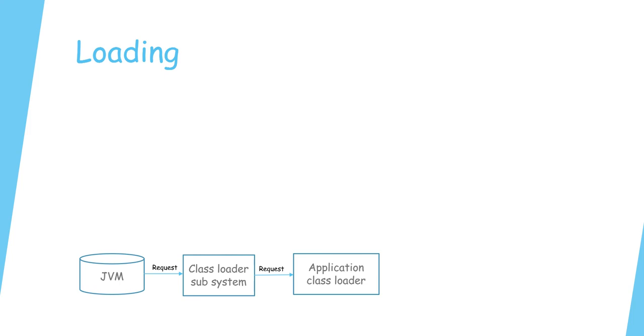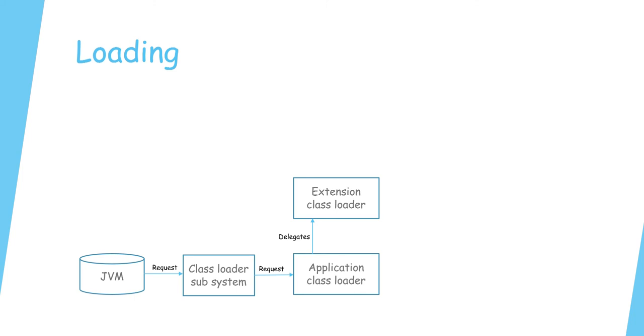So the JVM executes the program line by line. Whenever JVM comes across a particular type for the first time, JVM will check whether the corresponding type is already loaded or not. If it is already loaded, then the JVM will use the loaded class from the method area. Otherwise, the JVM will request the class loader subsystem to load the .class file. Then the class loader subsystem sends the request to application class loader. The application class loader will delegate this request to extension class loader. Here the application class loader will not serve the request. The application class loader will just delegate the request to extension class loader.